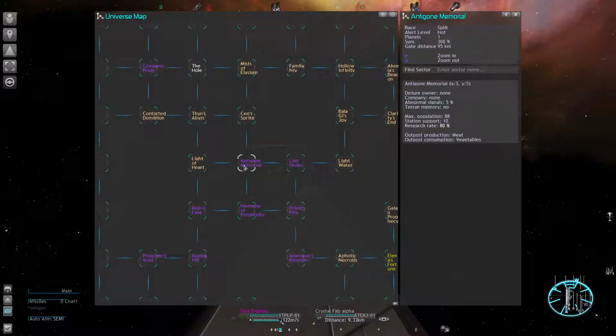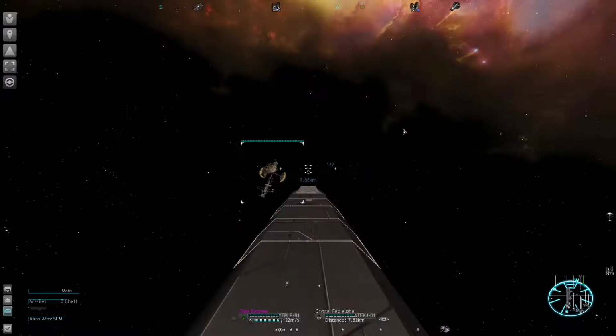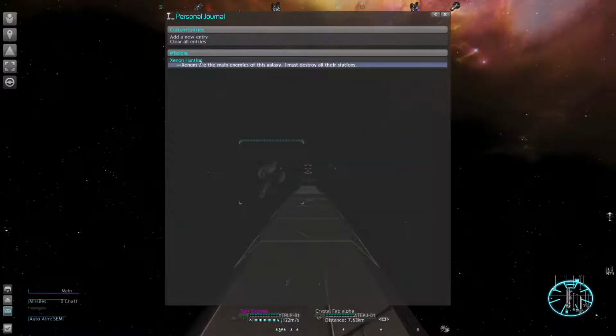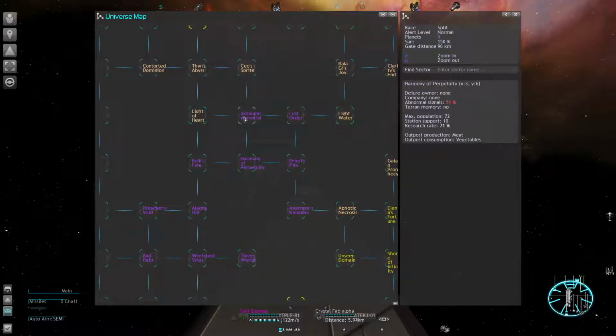in my old system that I lost to the Split, which is also housing a Xenon jump beacon. And I still have this mission to destroy all Xenon stations. The Xenon hunt mission that hasn't been completed yet, even if the Xenon don't own any sectors anymore. So I believe I also have to take this jump beacon out, which could be a bit tricky because there